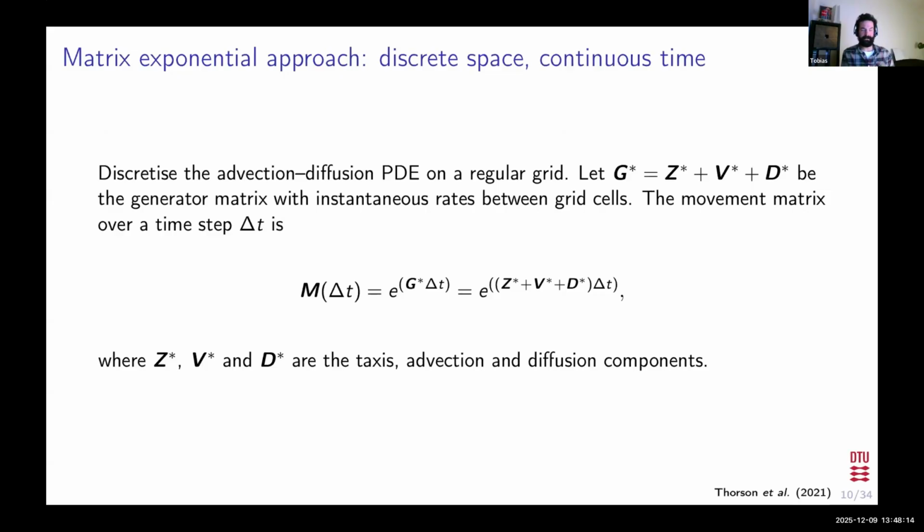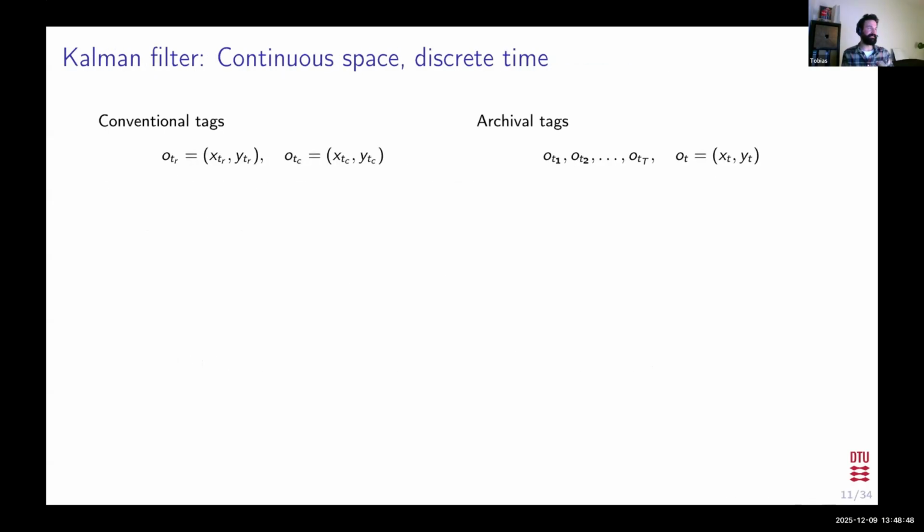But when applying it to the skipjack tuna, we quickly ran into the limitation that we are dealing with a huge area, all of the Eastern Pacific Ocean, and often quite strong advection. So there's a constraint about the grid size: the grid size has to be linked to the advection and diffusion. So you quickly run into long run times and large matrices of which you need to take the matrix exponential. So we were looking for alternatives and found some